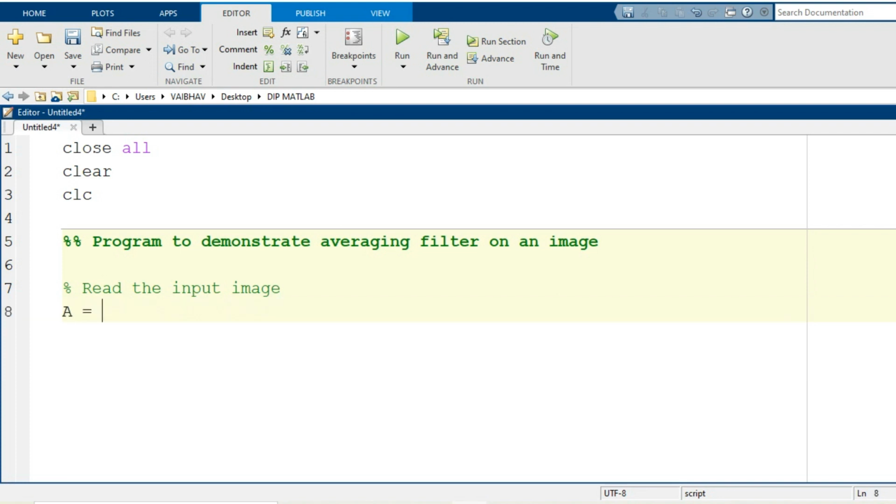I will generate a variable capital A with the help of the MATLAB syntax imread, followed by a pair of parentheses where we specify within single quotes the image name along with its file type. Here I am going to use dewdrop.jpg as a file available in our current folder. Let us see whether we are correctly accessing it or not.